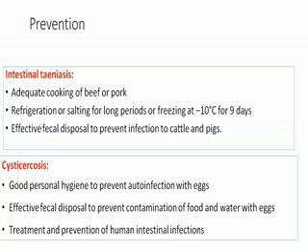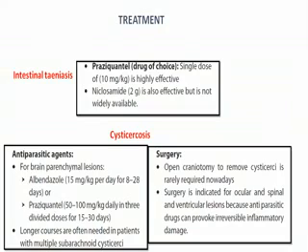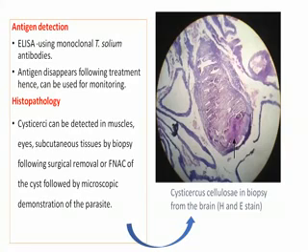And next, if any eggs are identified in the stool sample, we definitely have to go for treatment and prevention of the human intestinal infection. So first, how to diagnose? What samples are required? For intestinal teniasis, we have to go for stool examination. Macroscopically, are segments visible or not, present or absent?